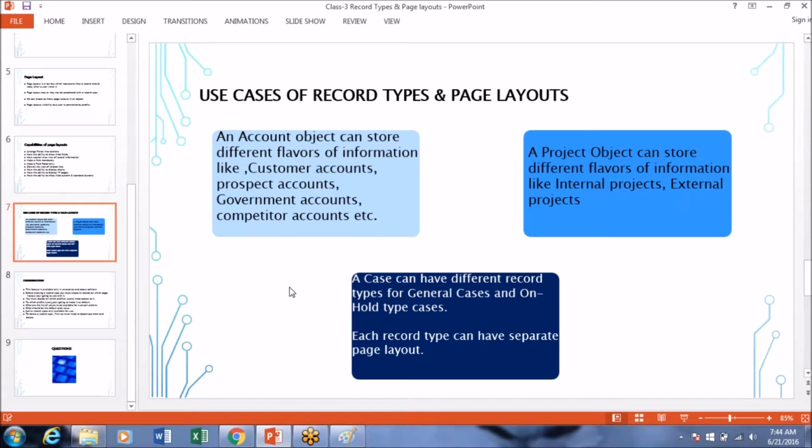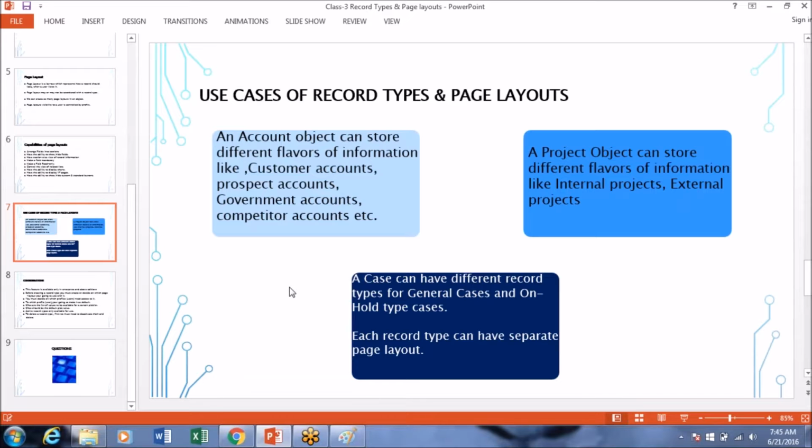The distance candidate will have different kinds of subjects and other information, and regular candidates will have different information. In that case, we can create two different page layouts and two record types assigned to those page layouts. So it will be easy for anybody to drill down to the information.